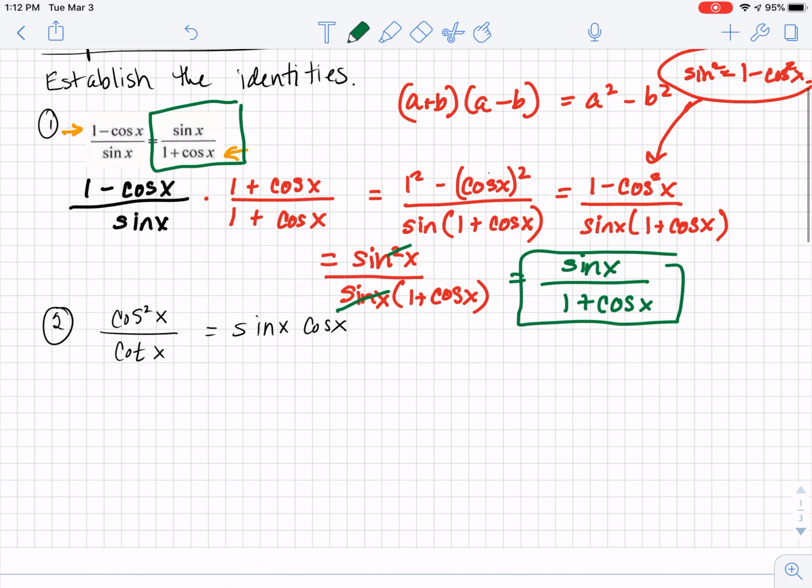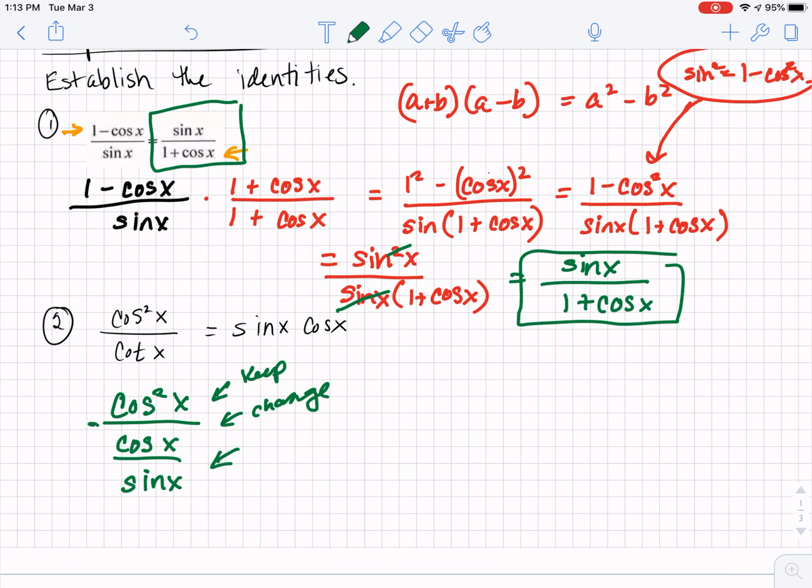Okay, number 2. Again, I only want you to work with the left side. Reminding you of this, cotangent I can change into something else. So let's keep this as cosine squared x on the top. The cotangent is the cosine over the sine, so I'm going to make this cosine x over sine x. And then from there I can keep, change,